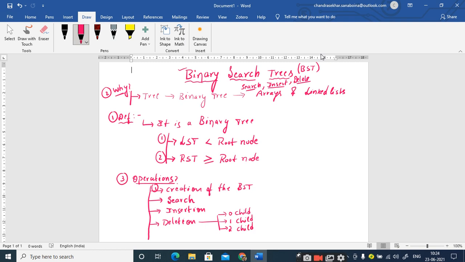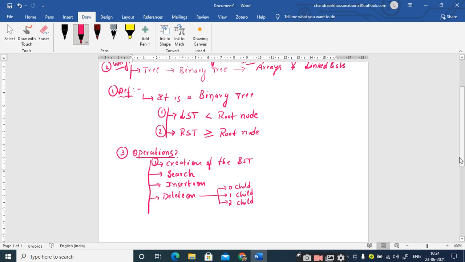So there are 3 different operations under the deletion category. Other than this, we can also implement find minimum element and find maximum element. These are the various operations we are going to discuss under the binary search tree concept. So is it clear?